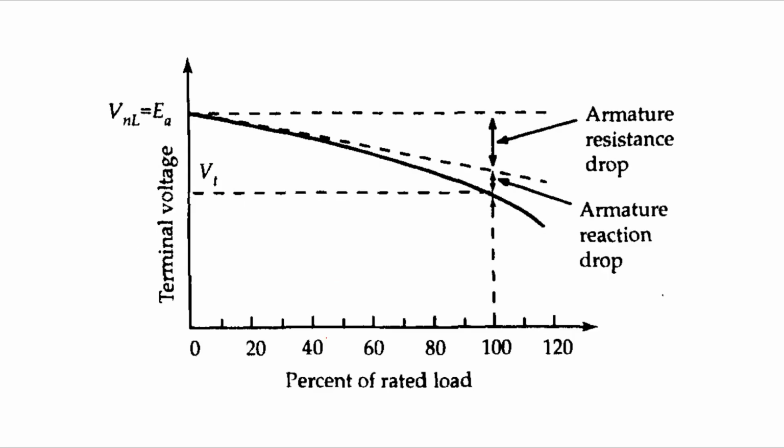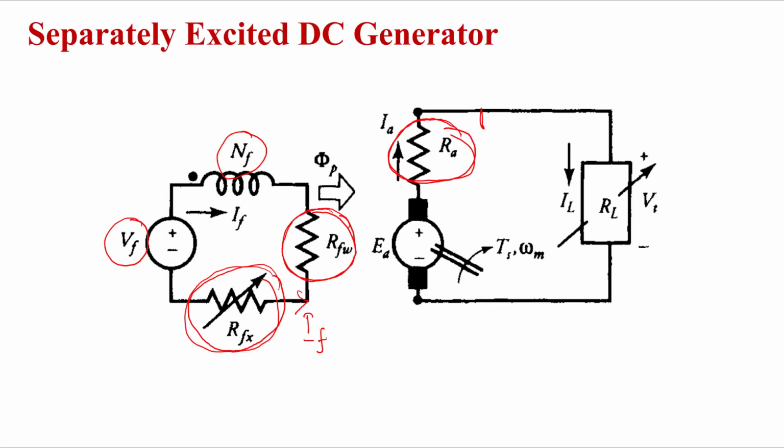Now we'll see the governing equation for this. In this circuit particularly, what will be the equation for Vt? The current, let us say, is already marked Ia, right? So now can you write the equation for Vt? This is a very simple resistive circuit. Now you can write it as